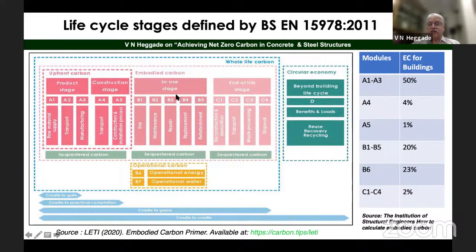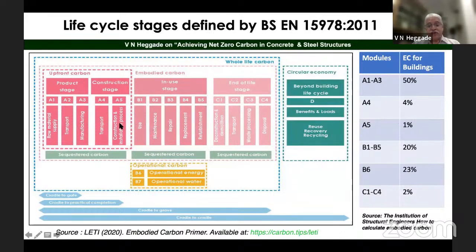Once its service life is over, say for example, in case of infrastructure, 100 years of service life, and buildings right now are designed for 50 years, but in future they are going to be designed for 75 or 100 years. After that, it has to be demolished, and after the demolition, as well as the transportation of the demolished materials and the dumping, the carbon dioxide emission is called the end of life stage carbon, that is represented by the 4 modules, as you can see here, C1 to C4. And the concept of circularity, I will come to that later.